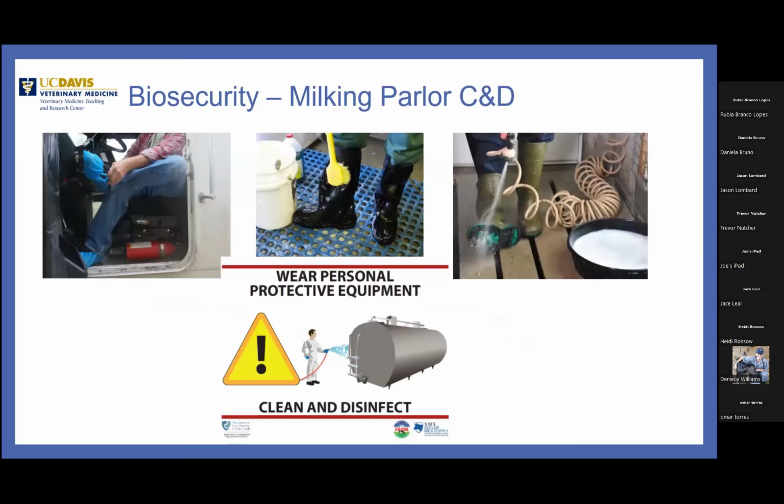The other thing would be, for those people that do need to come onto the dairy, say your breeders, your veterinarians, your milk truck drivers, we want to set up, again, a C&D station for them. So they should have clean and disinfected boots, but you can set up a boot wash station. So that might look something like this, where you have a bucket they can wash. You might have a foot bath, whether that's sort of a tub like you see on the right,